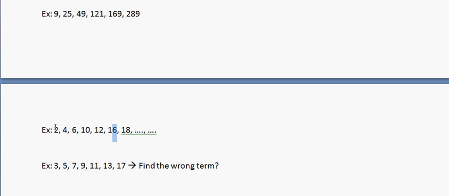Still this series makes sense, so we are adding 6 here. 4 plus 6 10, 10 plus 6 16, so 16 plus 6, it has to be 22. But what about this term? This we are unable to find. Just look at another logic